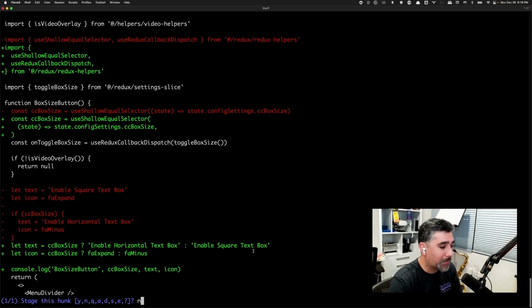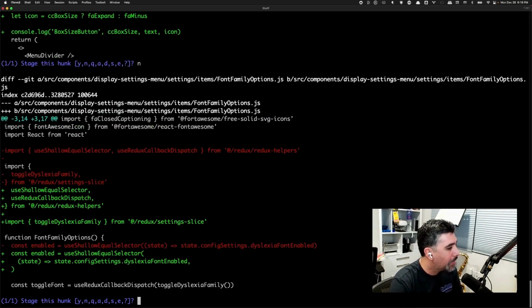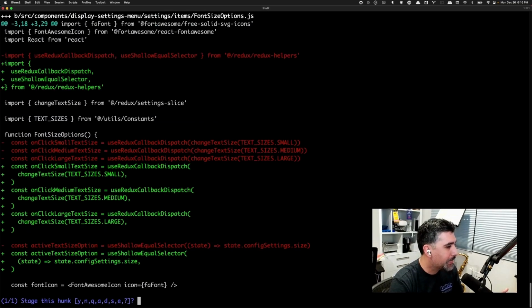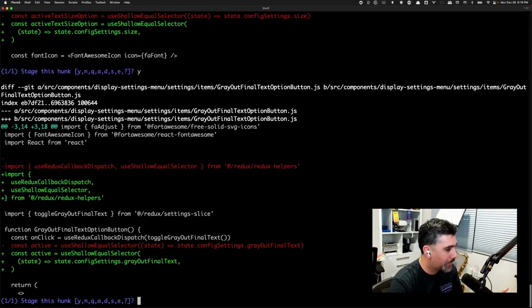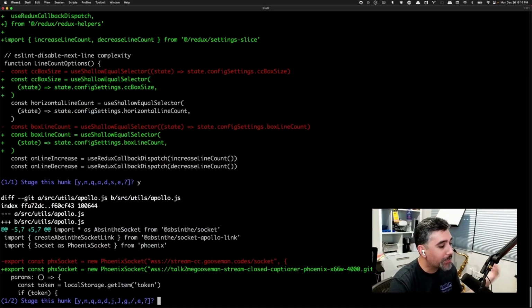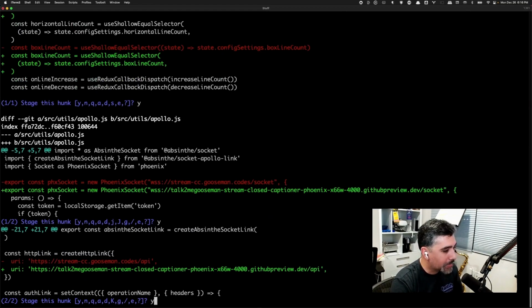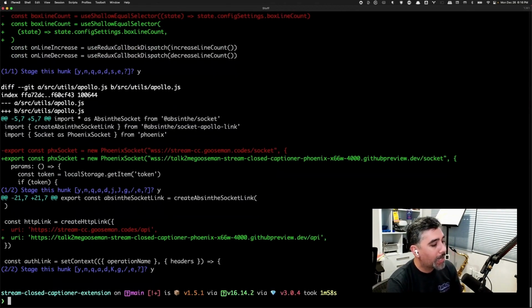So let's see what happens if I click no, and we'll see what the git status ends up looking like for everything. So we'll say no to that, and we'll say yes to this, yes to this, yes to this. And I know for sure that all the other changes are changes that I currently want. We'll say yeah to that, yes to that. And now we're done. So let's go ahead and check our git status again.